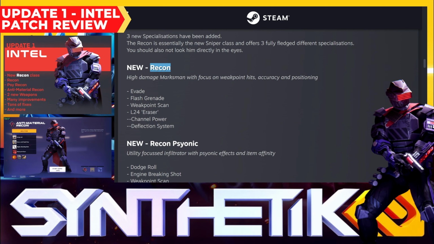The new Recon class is a high damage marksman which focus on weak point hits, accuracy, and positioning. Exactly as we said, weak point and critical hit chance is a big thing on this class. It's a distance fighting class. You don't want to be up close and personal. One thing I did notice with the Recon, it struggles to do immediate damage, right? Between the weapon that it has and